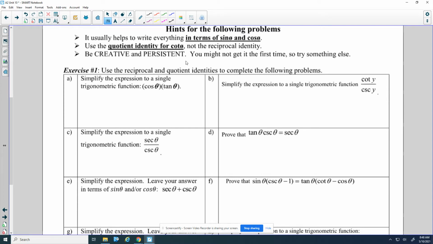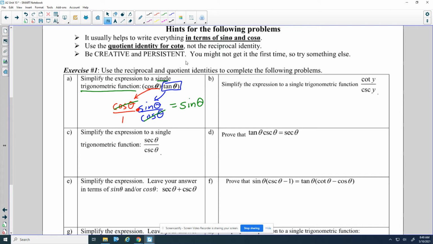So in the first one, we have cosine of theta times tangent of theta. So what I can do is I can plug in sine theta over cosine theta for tangent. Okay. And I'm just going to rewrite cosine theta in the front. Now, I'm going to write cosine theta over 1 because that helps when I'm multiplying. And we know we multiply the numerators and denominators, but we can also cancel anything from the numerator to the denominator before we multiply. So the cosine thetas cancel, and this is just sine theta, which is my single trig